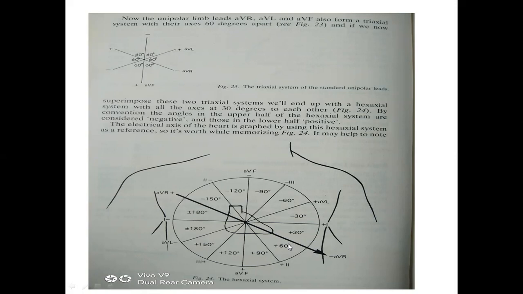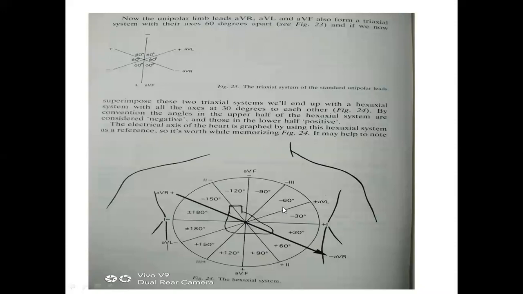Can anyone reply? 45. So if the axis of the heart is 45, it is called the normal axis. When you report on an ECG, first you have the rate, then you have the rhythm, and the third point is the axis. So what are you supposed to report? Either the axis is normal or abnormal. What is the abnormality? I will teach you. The normal axis is 45 degrees, but the range is from minus 30 to plus 90. This much axis is defined as a normal axis.